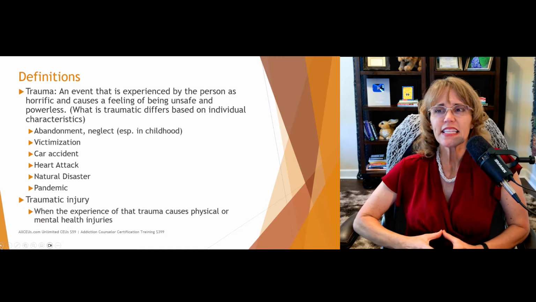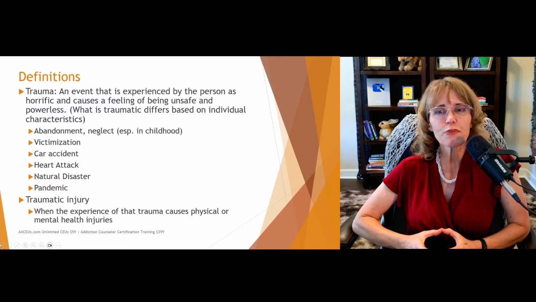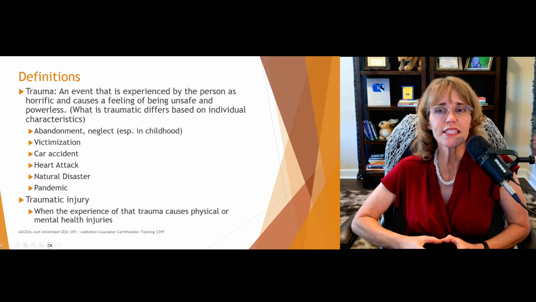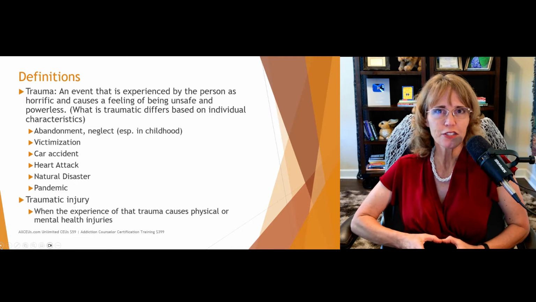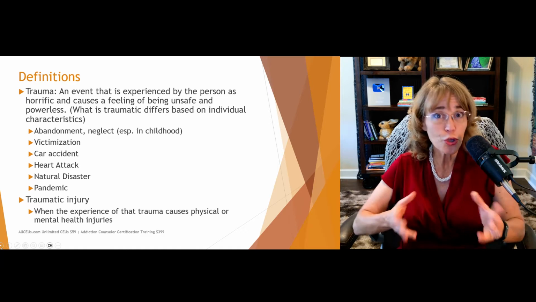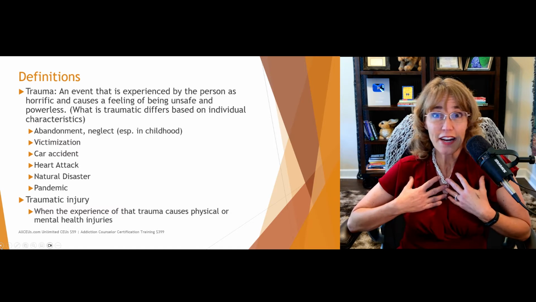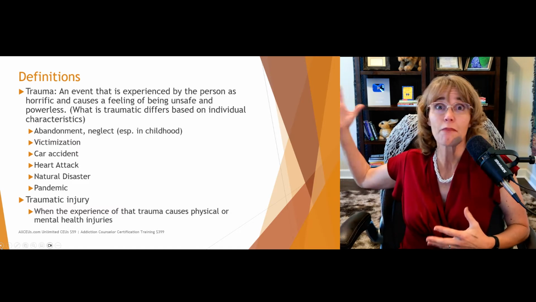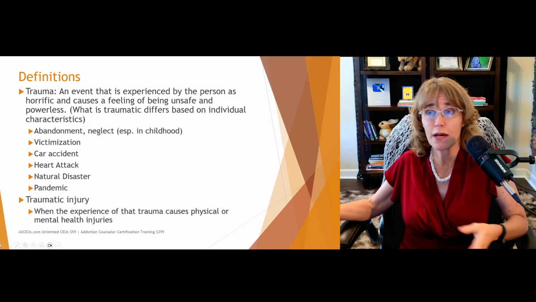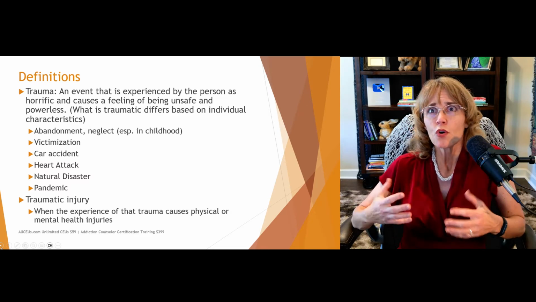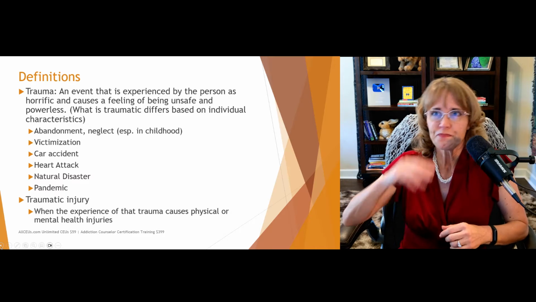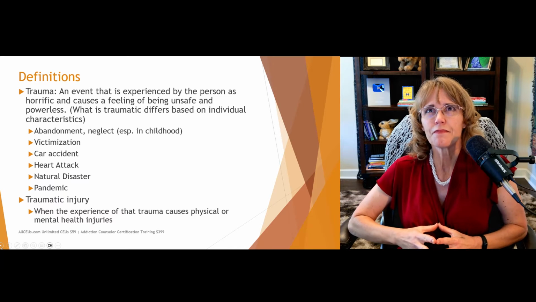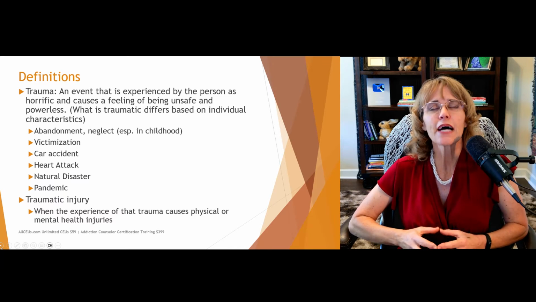Trauma is an event that's experienced by the person as horrific and causes a feeling of being unsafe and powerless. What is traumatic differs based on individual characteristics. What's traumatic for you may not be traumatic for me, and vice versa, based on my history and who I am and all those things. What's traumatic for me may not be traumatic for you. And I wouldn't put it up in the